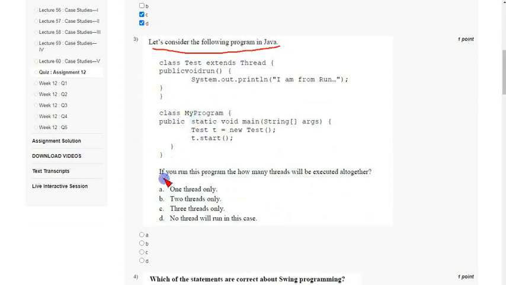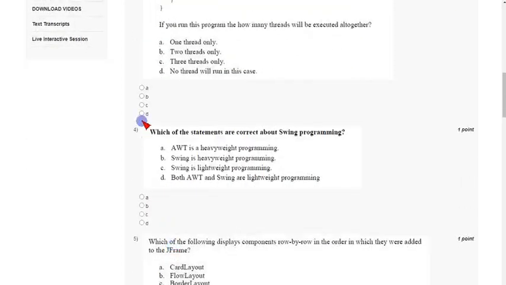So they are asking, if you run this program, how many threads will be executed all together, how many total number of threads will be executed together. So the answer for the third question is option B, that is 2 threads only. Only 2 threads will be executed together. So mark option B as the correct answer for the third question. So let's move on to the fourth question.